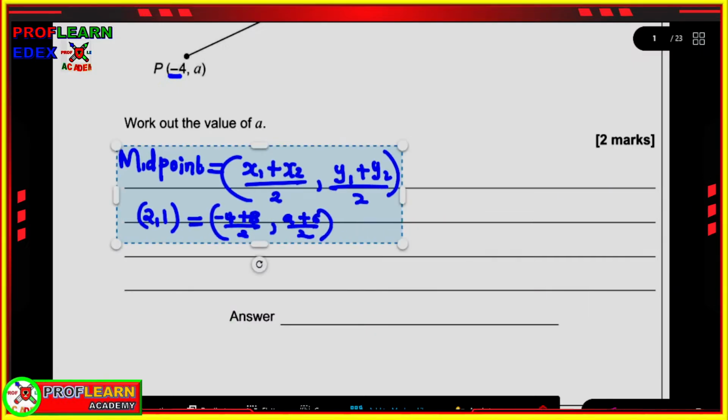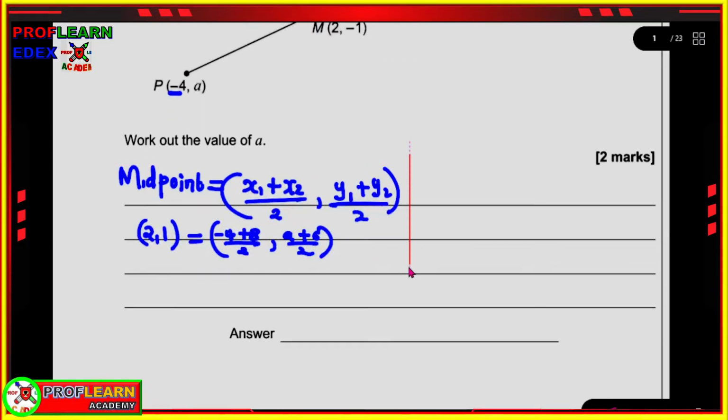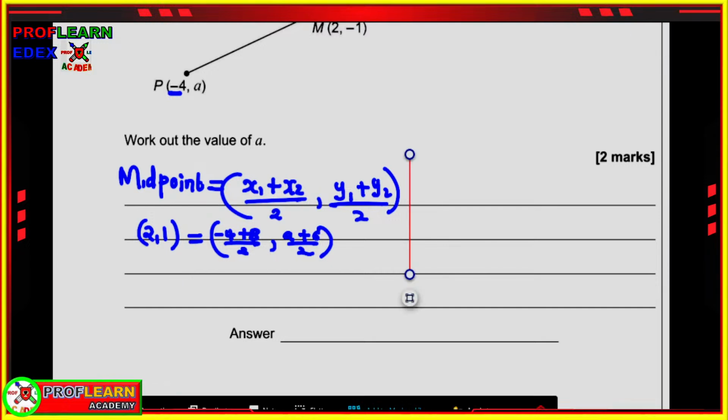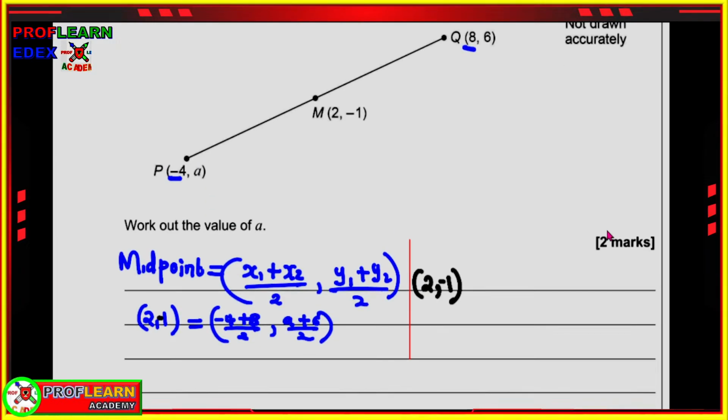If we are to simplify this, it will mean that I can have 2, 1, negative 2, negative 1, because if you see negative 4 plus 8 will be positive 4 divided by 2, that's going to be 2,